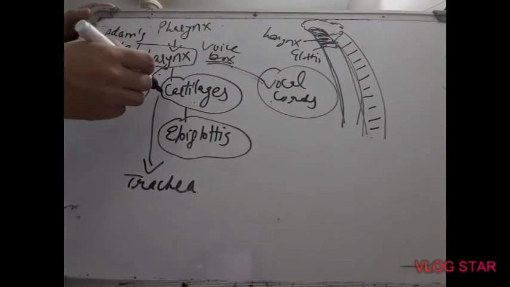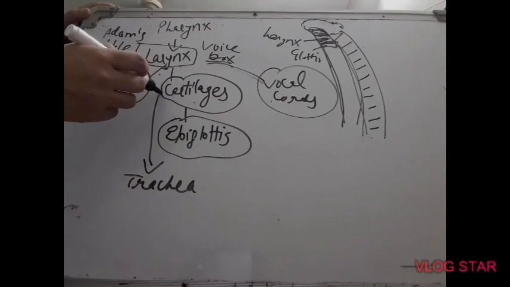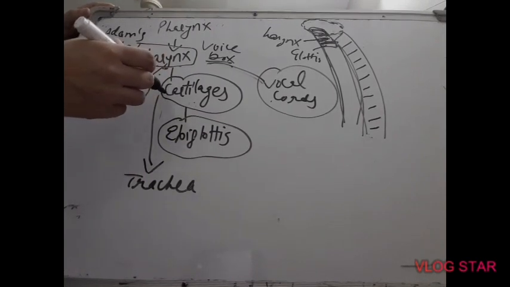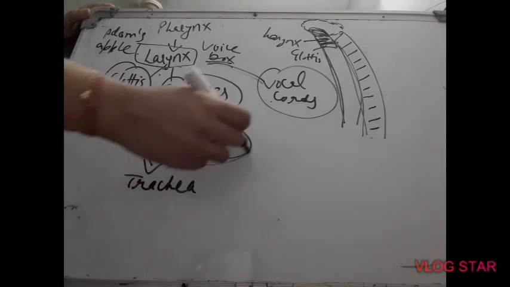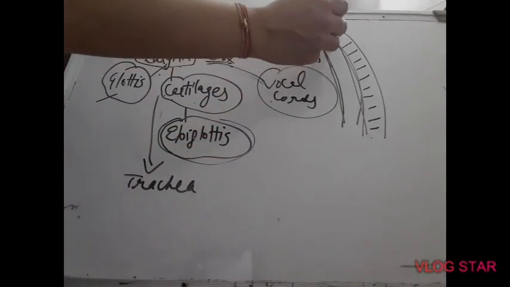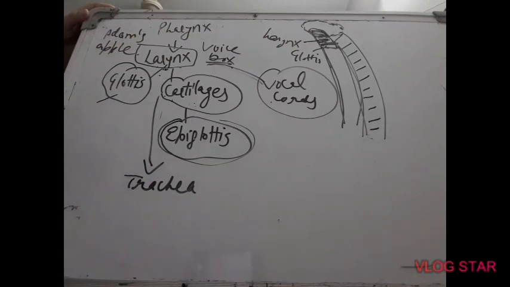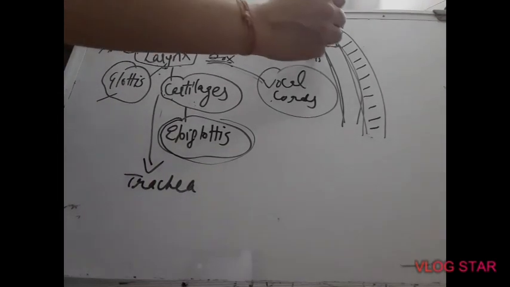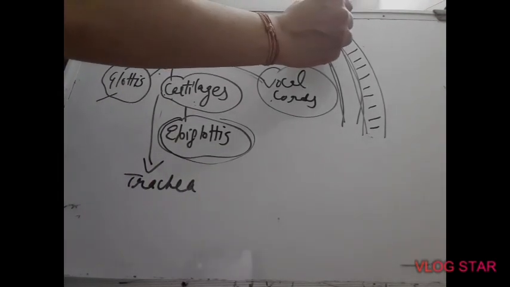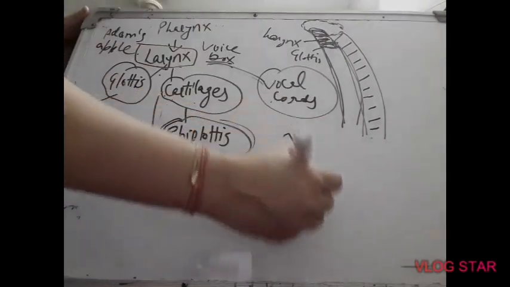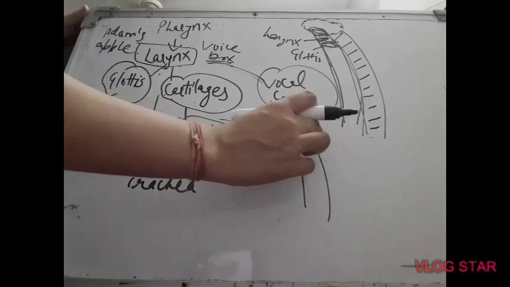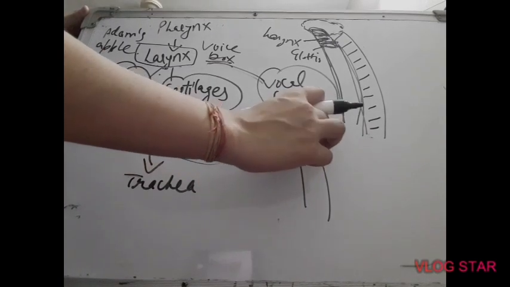Now larynx also bears some cartilages. There are some 6 to 7 types of cartilages. We will go on with one only, epiglottis. We have studied that the opening of the larynx or the opening of the windpipe is known as glottis, and glottis is covered by a flap-like structure. Suppose this is a tube, a windpipe, and this is our larynx.